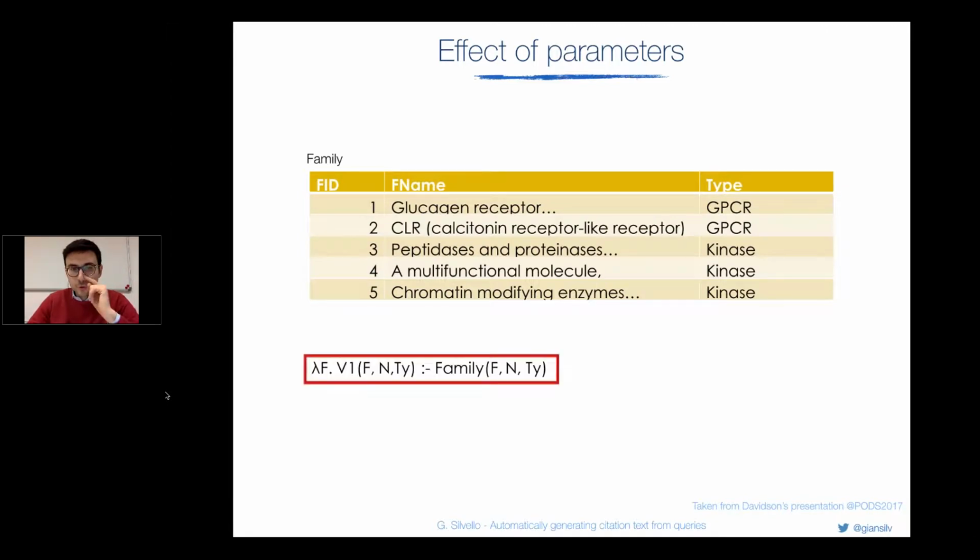Basically, if you take the view that I show you here, V1, this view is simple. It's defined over a general relation of the database. The relation is family. And as you can see in this example, this relation has an identifier, 1, 2, 3, 4, 5. And each identifier is connected to a name, the name of the family, CLR, molecule, whatever. And then there is a type, Z, G,